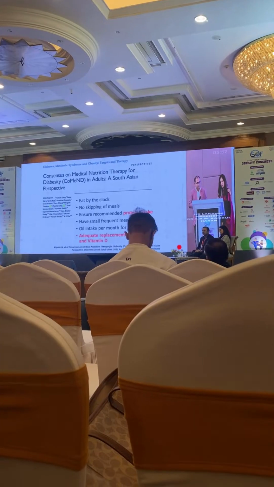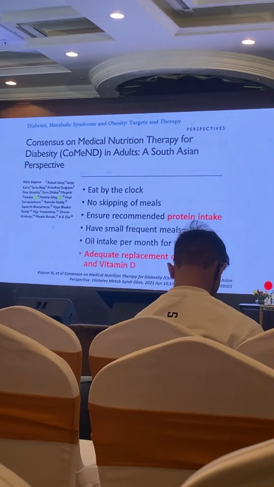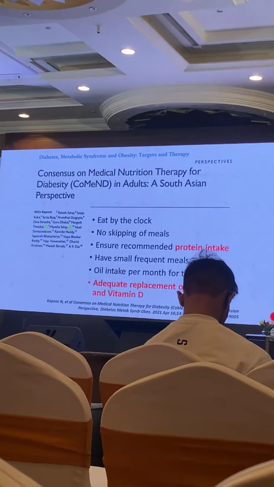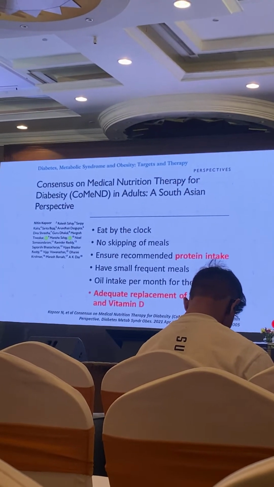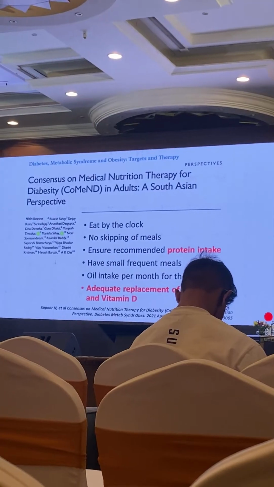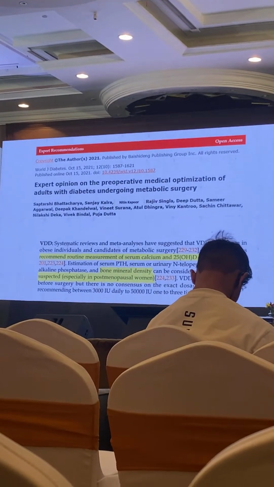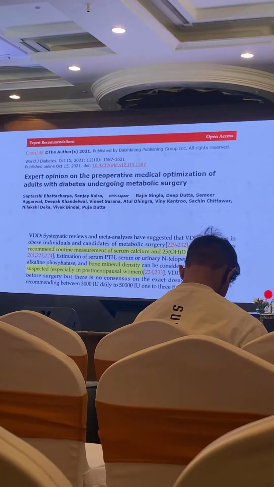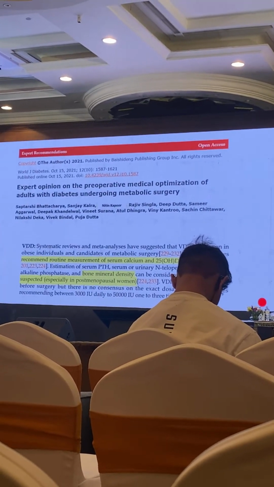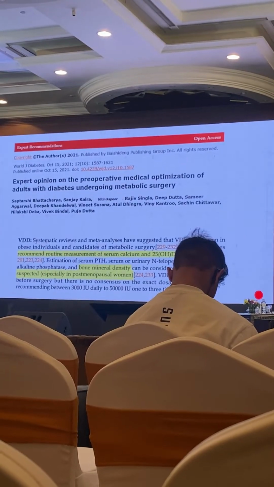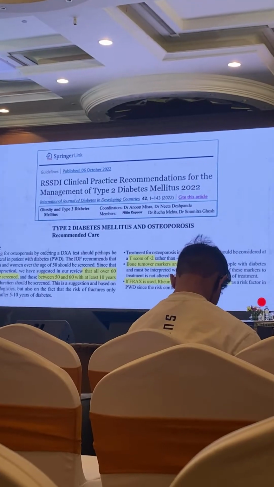And like I said, medical nutrition therapy is very important in obesity, more so in the GLP-1 era, and adequate replacement of calcium and vitamin D, and ensuring optimal protein intake up to 1 to 1.5 gram per kg is very important, so that your patients get the best benefits of these anti-obesity medications without having sarcopenia or fractures. And we also have bariatric surgery in patients with obesity that again can have a negative impact on bone by virtue of weight loss. And nutrition optimization is again very important in these group of patients as well.